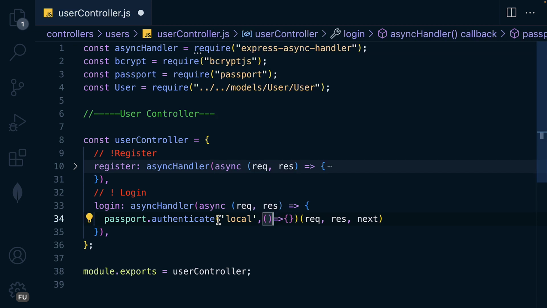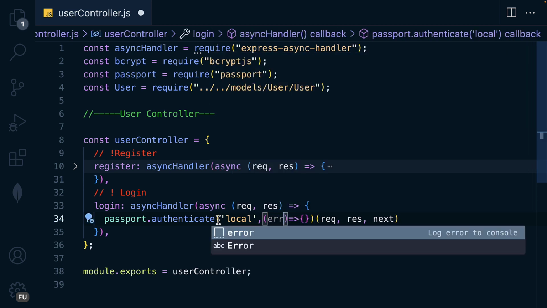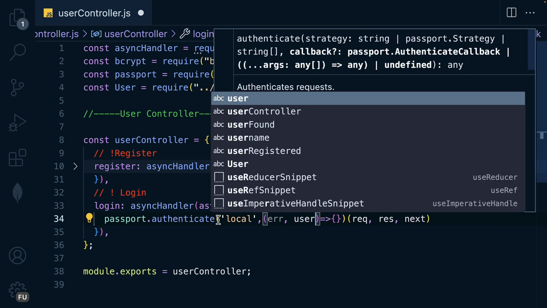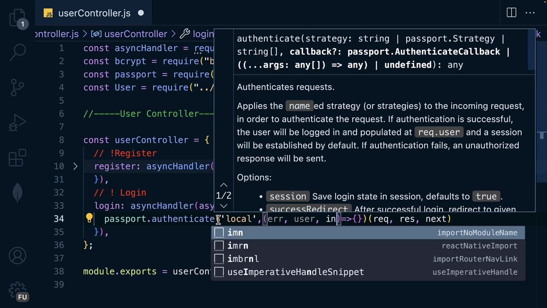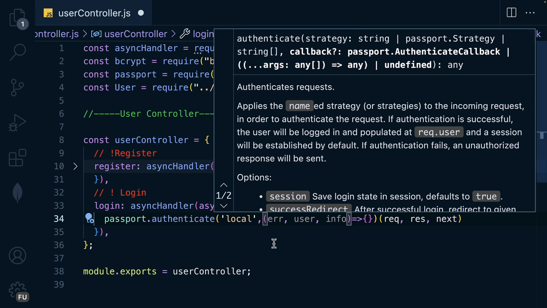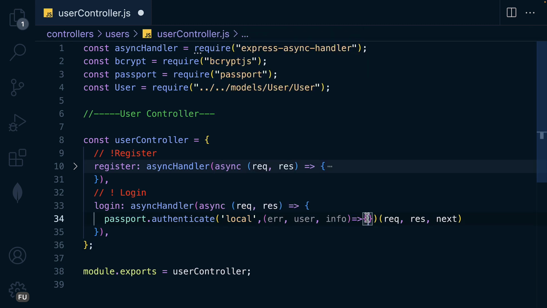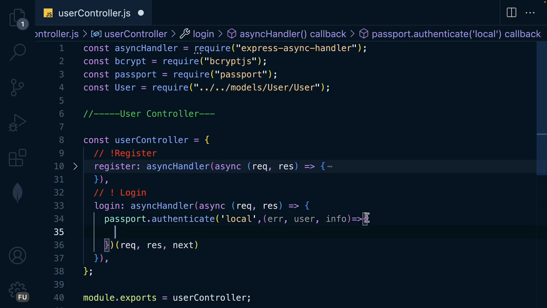And inside the callback function, we have access to the actual user, and then the info about the login user. So now inside here, we are going to check. In case we have an error, then we are going to return by calling next, and then pass in the